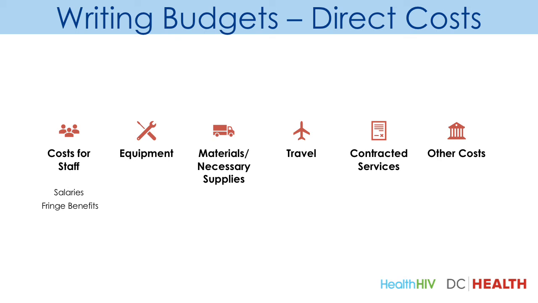So for instance, if a program coordinator is going to work full-time on a project, his or her effort on the project should be listed as 100%. However, if a statistician will work on the grant for 1/4 of the project, his or her effort may only need to be listed at 25%. Be certain that you make a point to address project needs that you may have so that you can request funding for them in your budget.